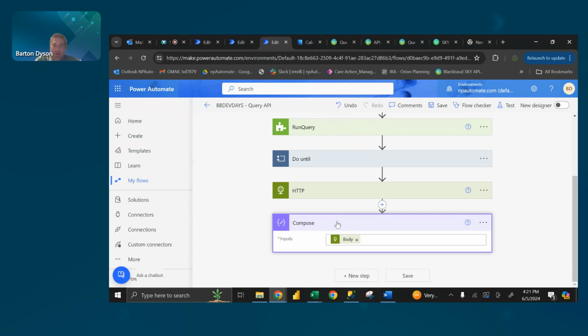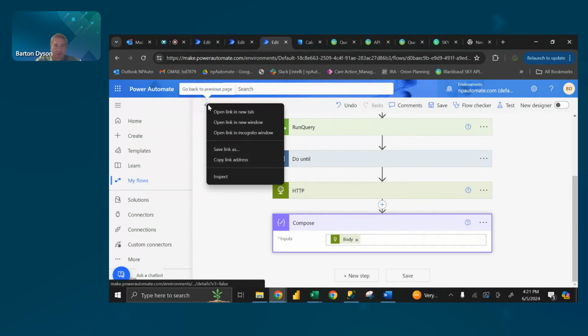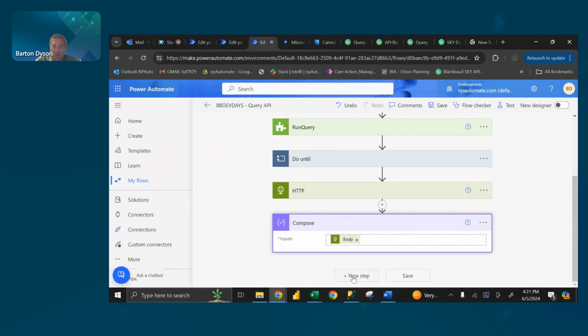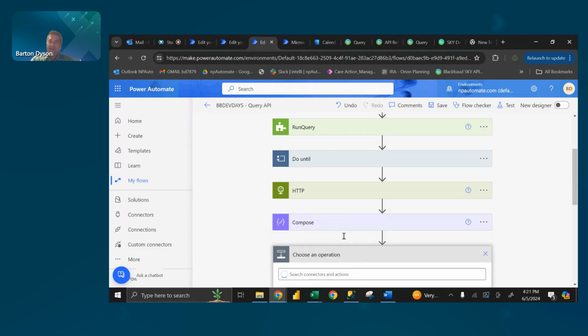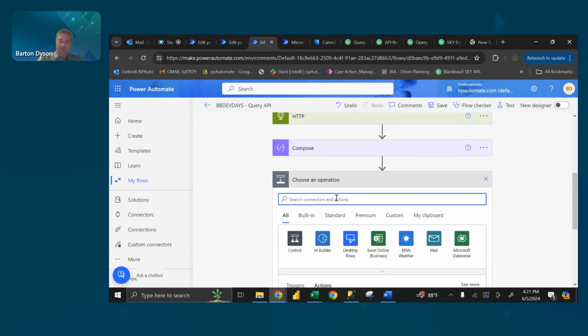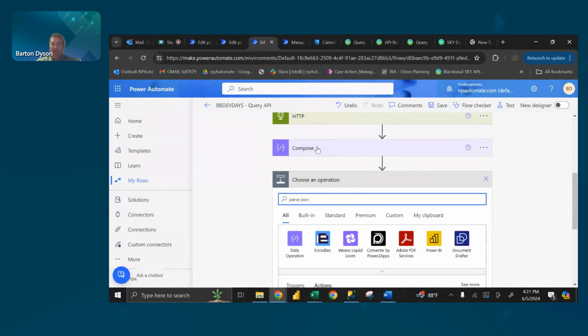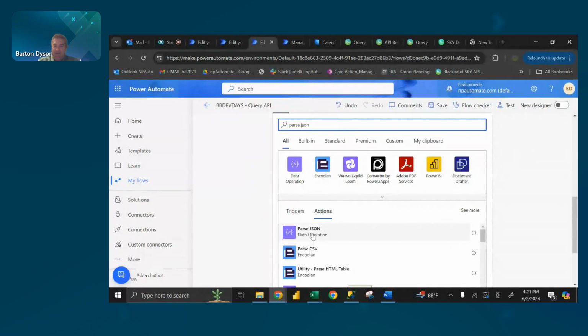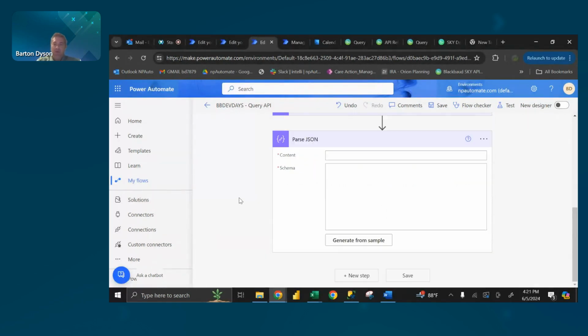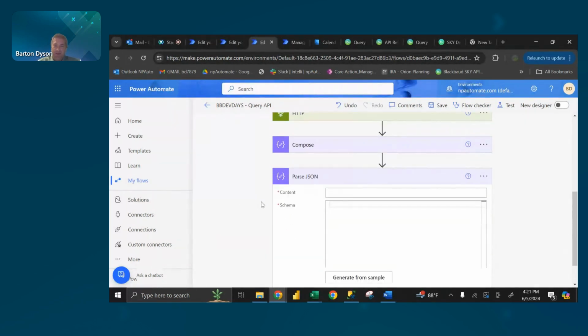So the last thing I do want to show you is the ability to do what we call a parse JSON. So that way you can kind of see what all the fields are if you don't want to have to do it all through code. So some of you have probably worked with this in the past, if you've spent any time in Power Automate. It's taking one of these results and just defining what all those pieces mean. And so if you were to do this here to make it a little easier to read,